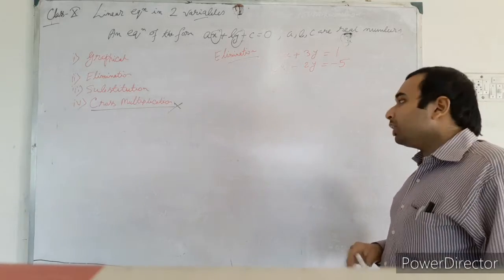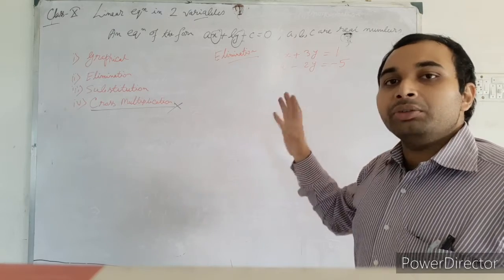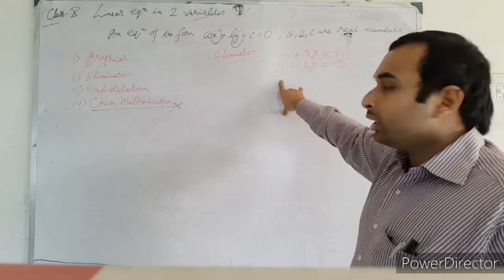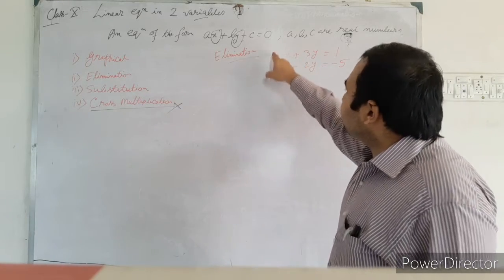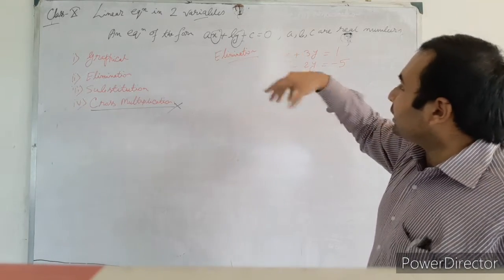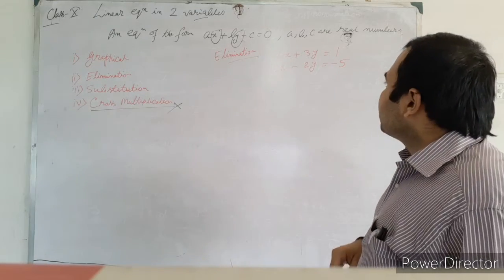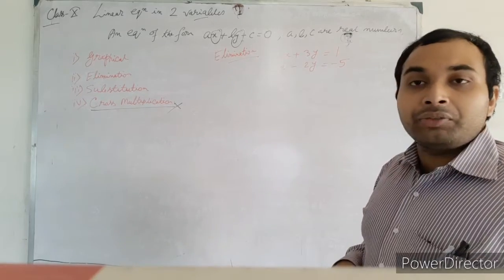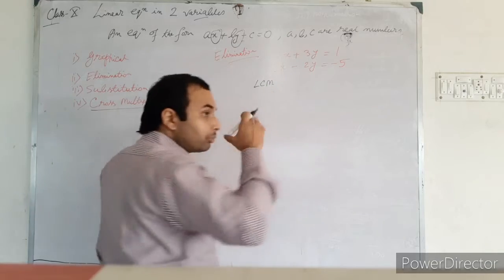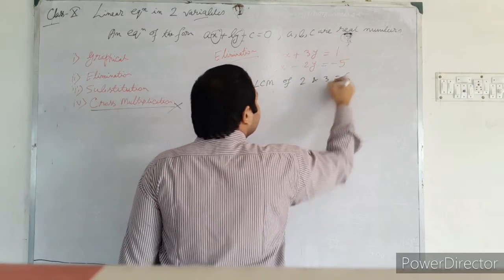So how do you have to eliminate? You have to see the variables. First of all, you have to choose the variable you want to eliminate from here. So if I choose x here, then you have to see the coefficients of the variables here. Just see, those are two different coefficients. So find the LCM of the coefficients at first. So here the LCM of, I am just writing, you don't have to write in your exam, LCM of 2 and 3 is equal to 6.